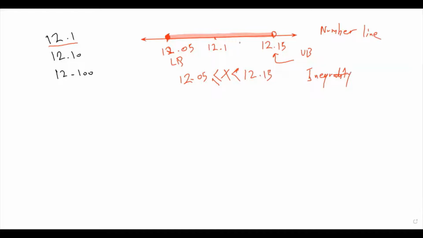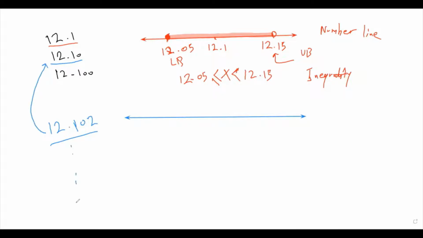How about 12.10? So the level of accuracy, it's 2 dp, right? So it means the original number could have been something like 12.102, which after you round it to 2 dp, you get 12.10, right? Again, the list could go down, but